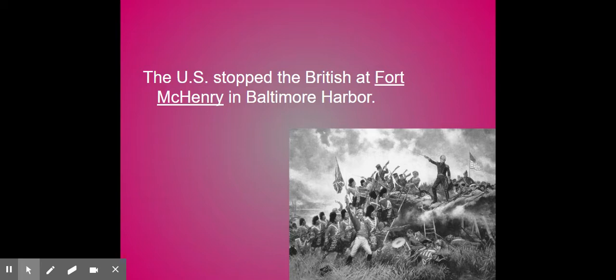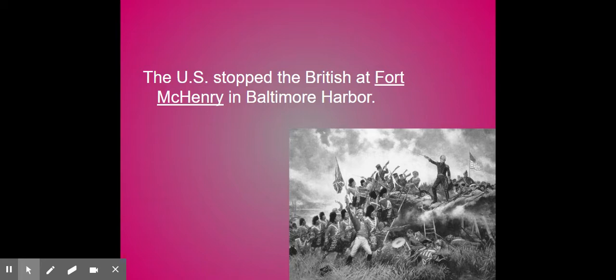Okay, so Francis Scott Key, who was an American lawyer who happened to be held prisoner on this British ship, goes to sleep one night and he's like, when I wake up the next morning, there's going to be a British flag flying over that fort. We're not going to survive. Well, he wakes up the next morning, and through the clouds and through the smoke, he sees not the British flag flying, but the American flag. We have held on and we have defeated the British.